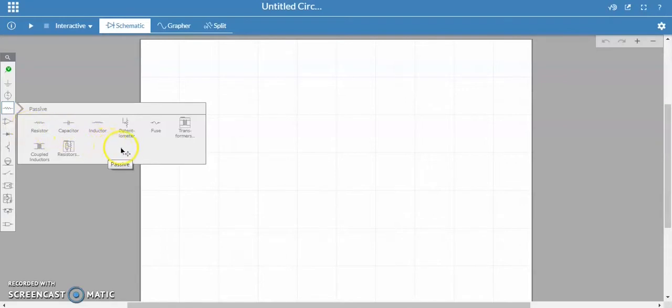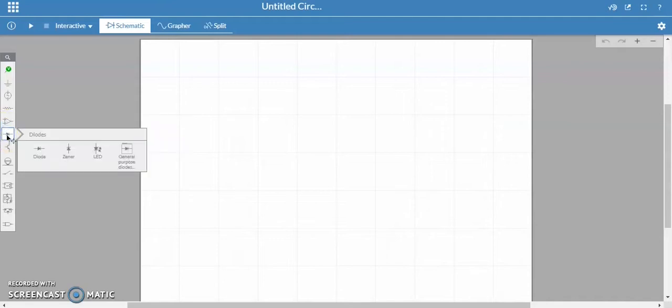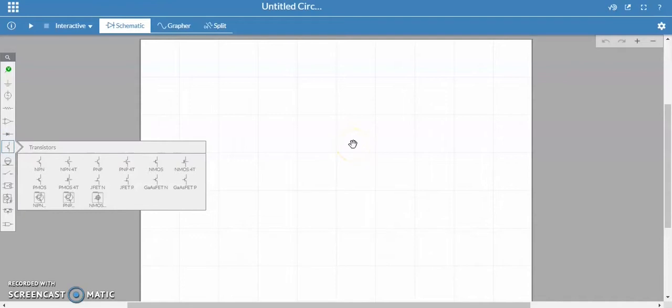Then we can see the resistance component, capacitor, inductors, potentiometer, transformer, coupled inductors. In the analog category, we see an op-amp, timers. In the diode category we see diode, Zener diodes, LEDs and general purpose diodes.